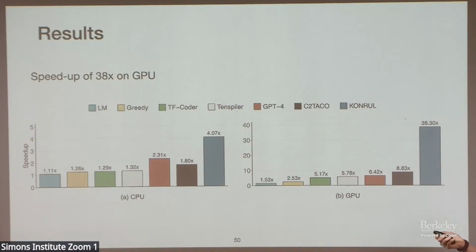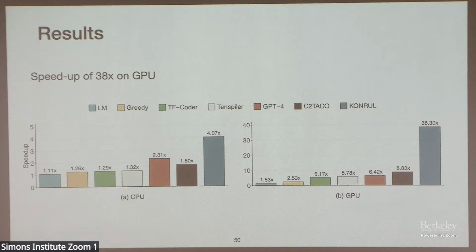I motivated this by saying it would make your code go faster. It does make your code go faster. So we get a speed up of 38x on the GPU. I will say that this speed up is due to lifting into a better DSL. We're just exploiting the DSL to get this speed up. We're exploiting the DSL and good hardware. So I could basically make these results say whatever I want.